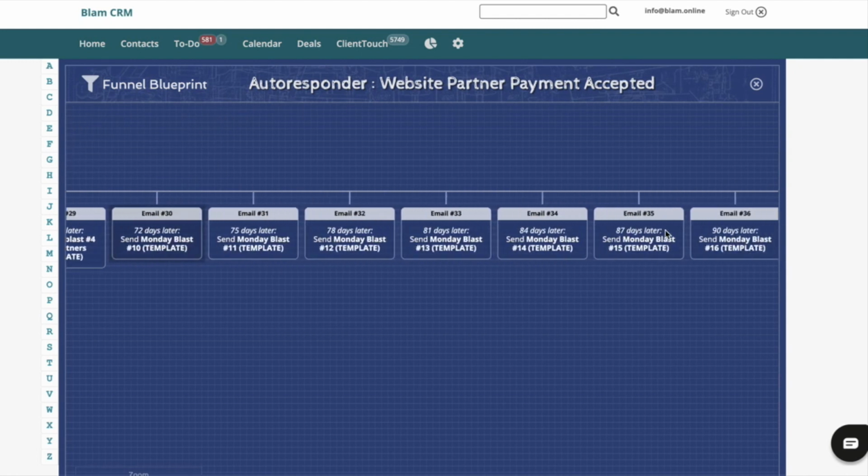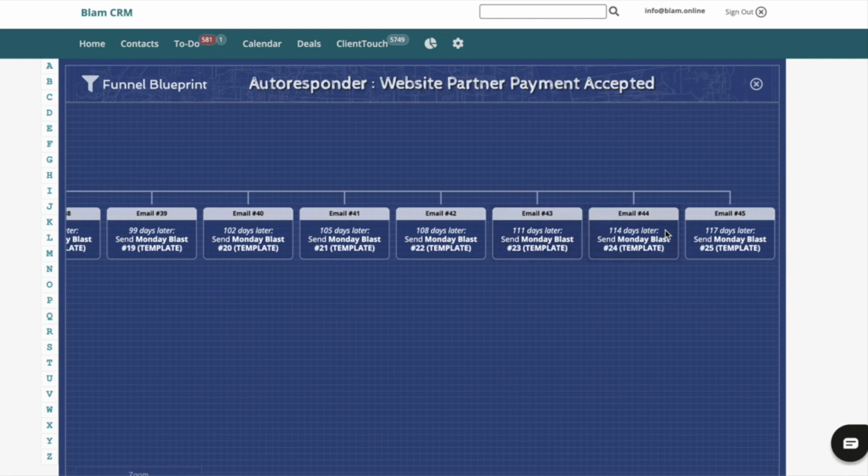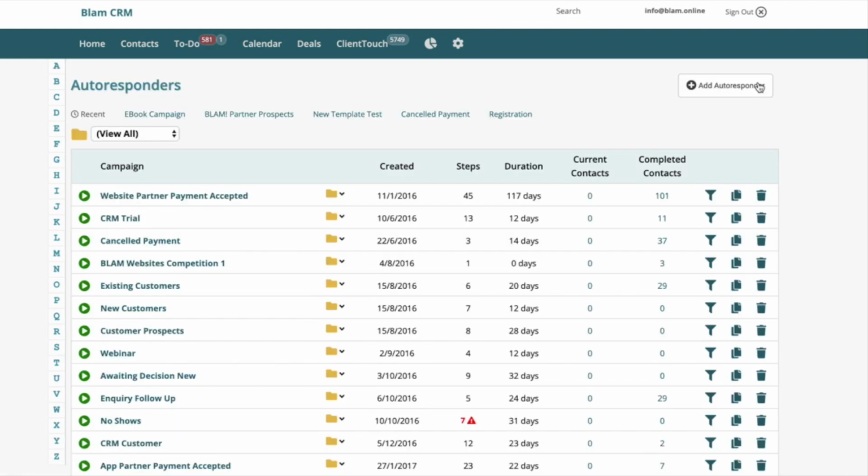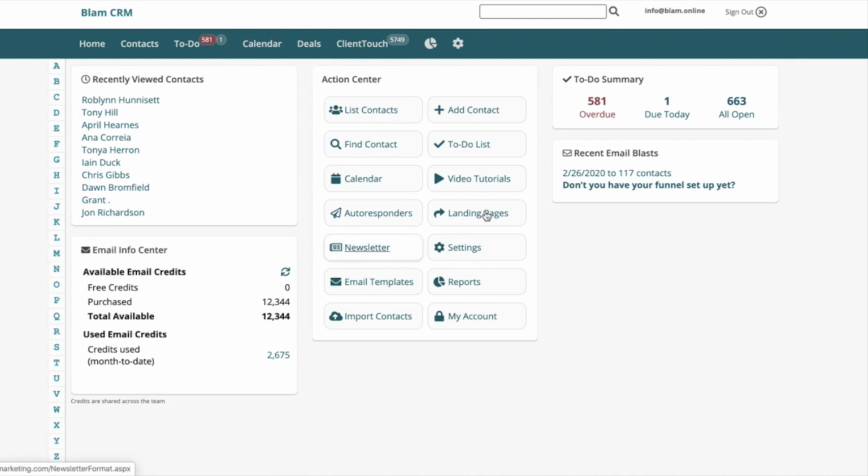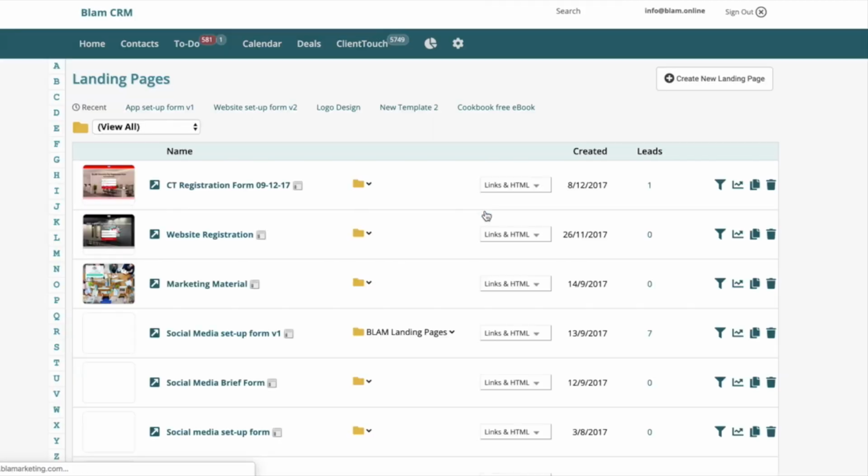As you can see, this is rather a large one. This goes on for all these different emails, and that means that the customer, once purchased, will get those emails ongoing automatically without having to do anything at all. Fantastic feature, the autoresponder. We can also trigger that from landing pages, so the system has actually got a landing